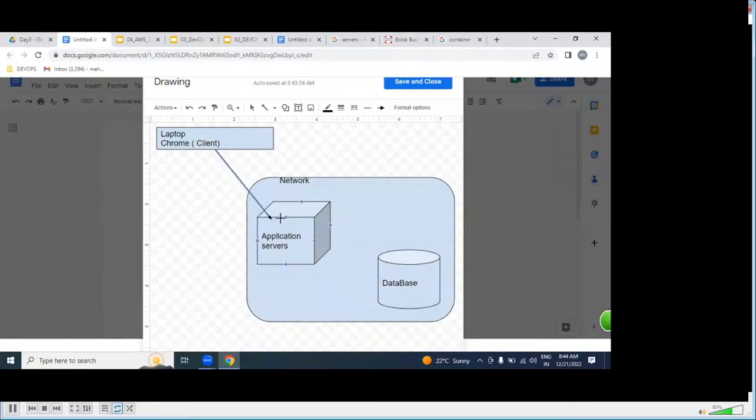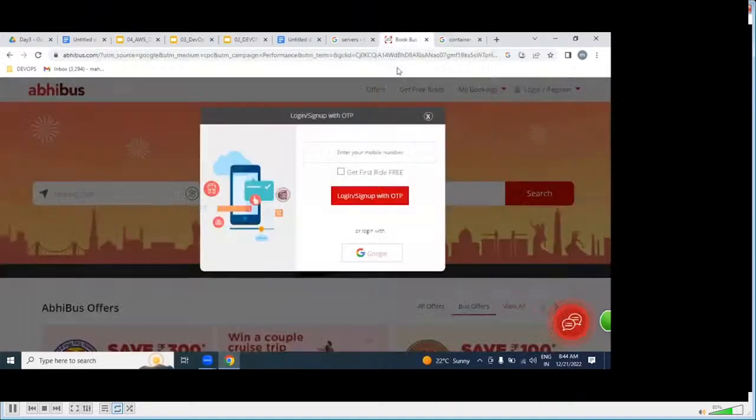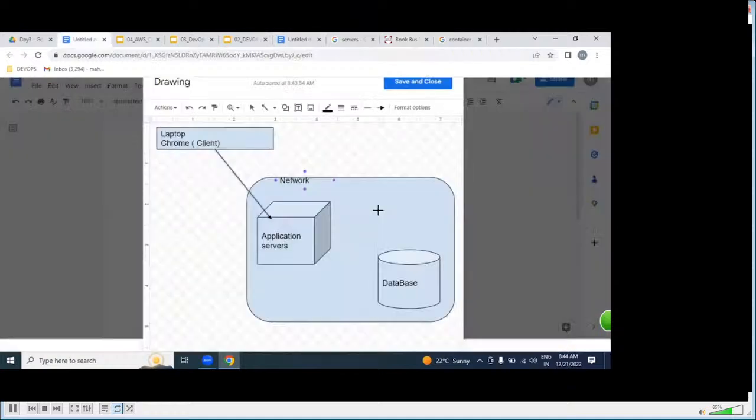Example, login page. Based on our client request, our application server will process it. While the application is processing your request, you provided a username and password or not? Whether this username and password is right or wrong, our application server will validate with the database. Validate with what? Database. Once it is validated, our application server will prepare the response and send it back to our client. This entire internet, the entire technology, either Java, DevOps, whatever, is based on this diagram.